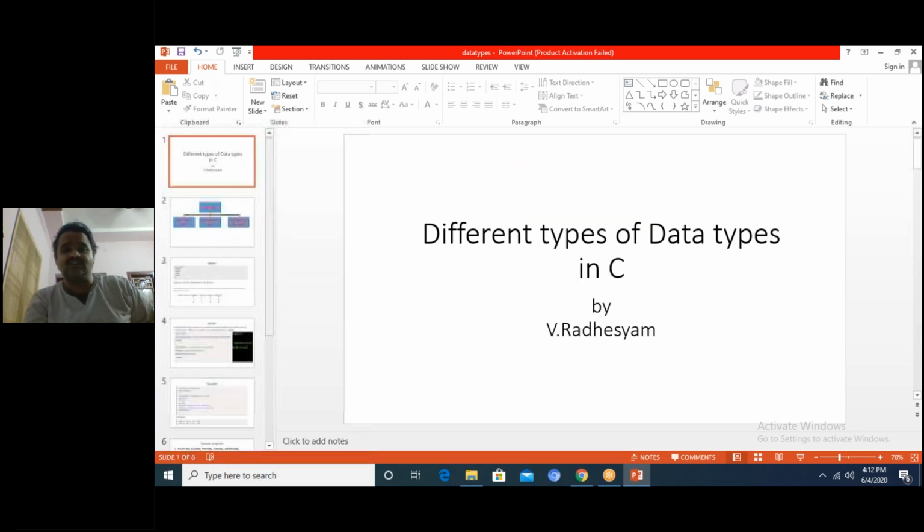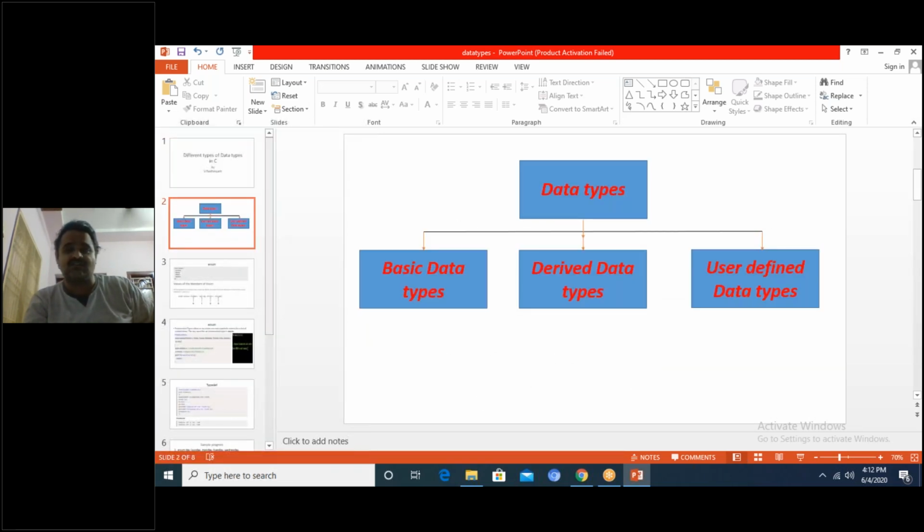So in this lecture, what I would like to conclude is there are 3 types of data types. First one, basic data types. Second one, derived data types. Third one, user defined data types. Basic data types are integer, character, float, and double.